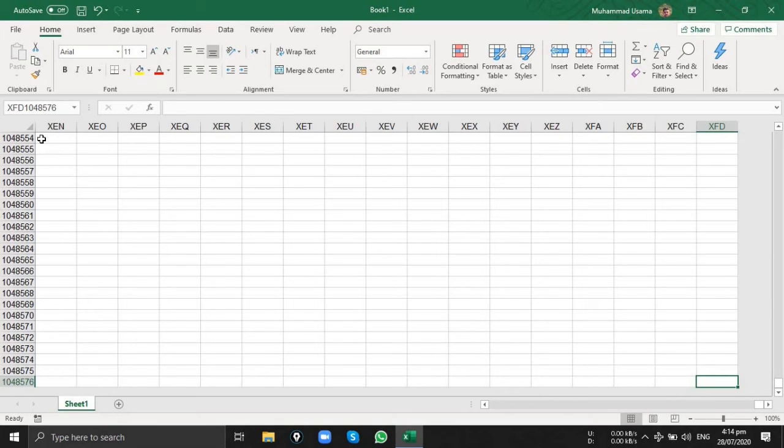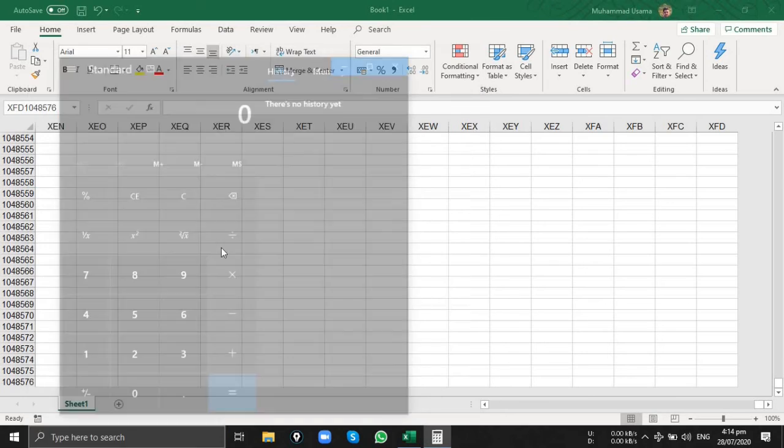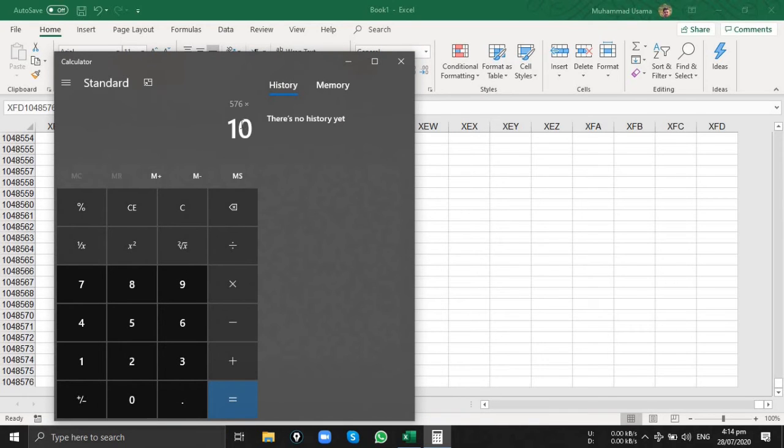This is a large number. If we multiply rows and columns, you can see the result. Excel contains 603,979,776 cells.